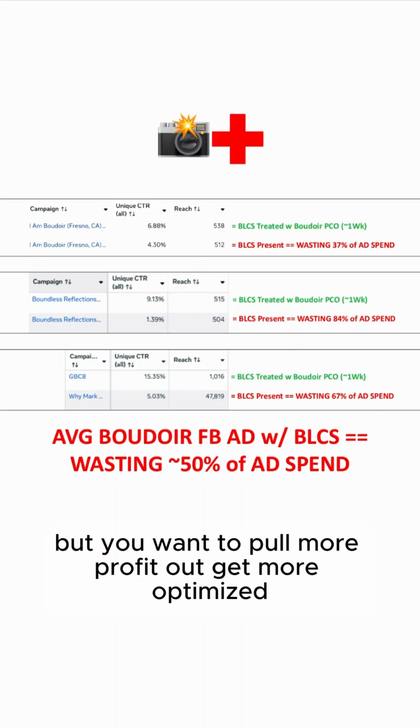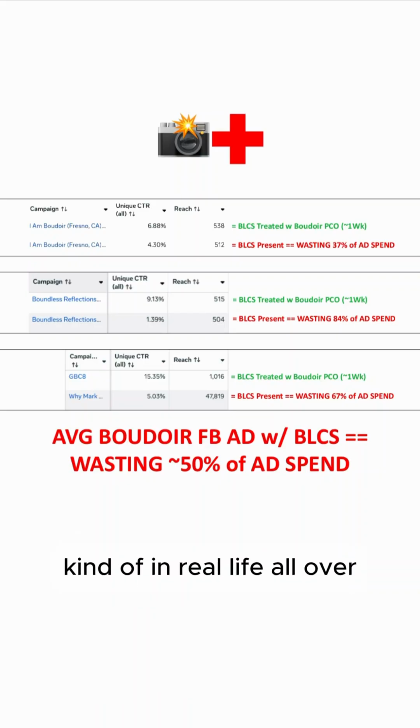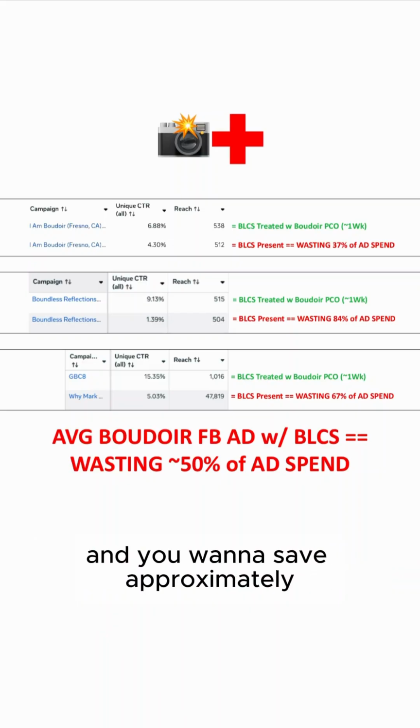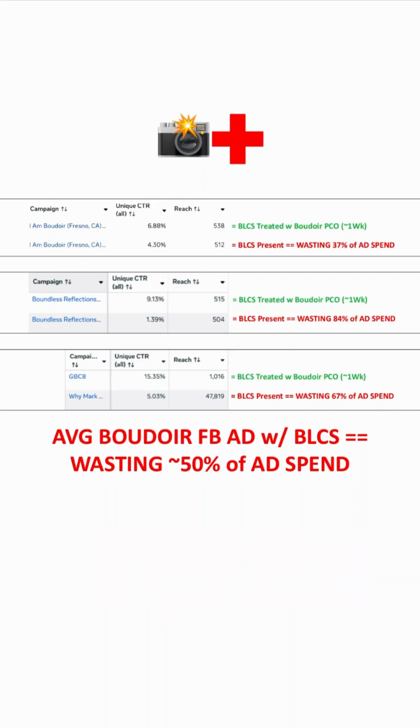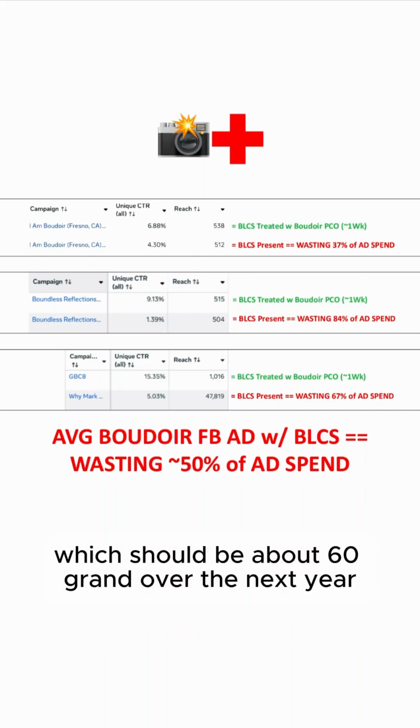But you want to pull more profit out, get more optimized, get more out of your ad spend, because price is going up for everything in real life all over. And so, if you're spending more than 10 grand a month, and you want to save approximately 50% of that ad spend, eliminate that, put that back in your pocket, which would be about 60 grand over the next year,